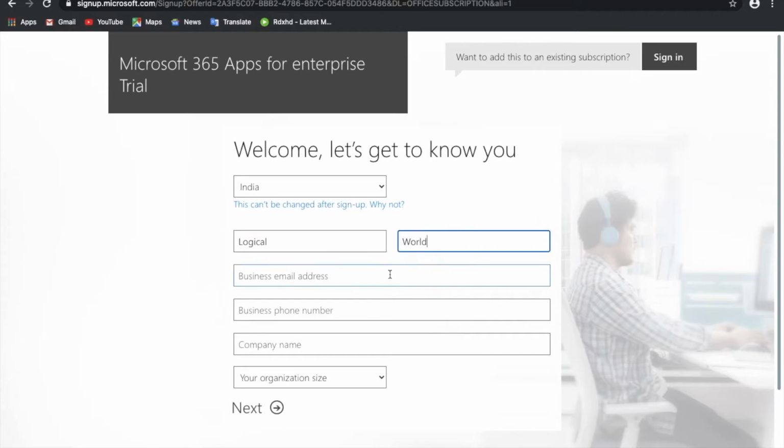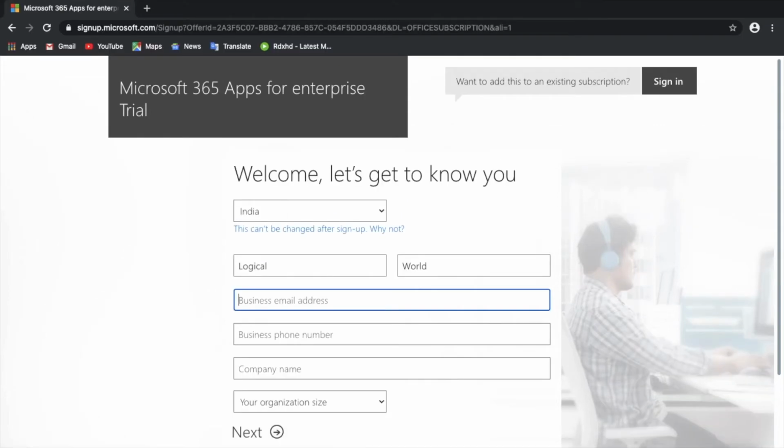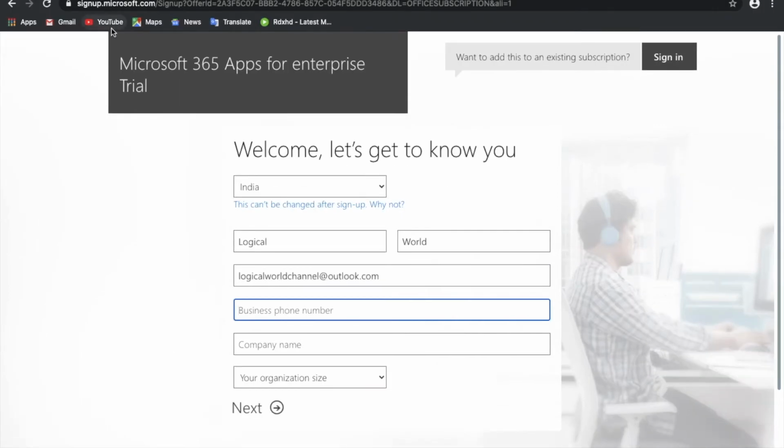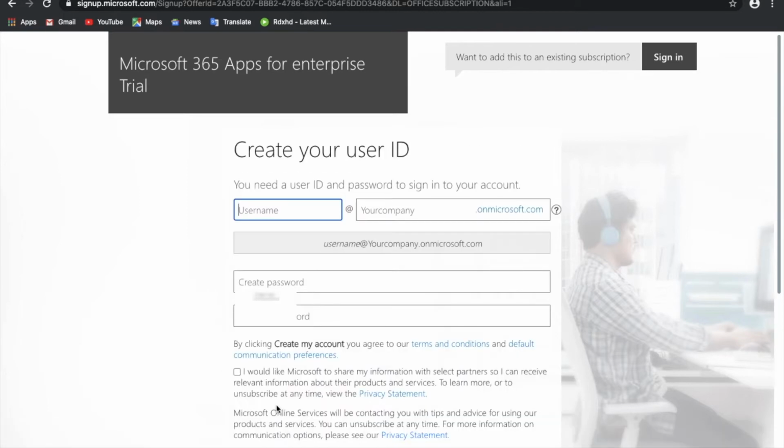In my business email address, I am writing my Hotmail or Outlook account that I have. See it, I am writing. If you don't have any account, then you have to put your personal email address also. Okay, it's not an issue. Now I am writing my mail. And if you don't know how to create one, then see my previous video, the link is in the description, link number 2. After writing all this,